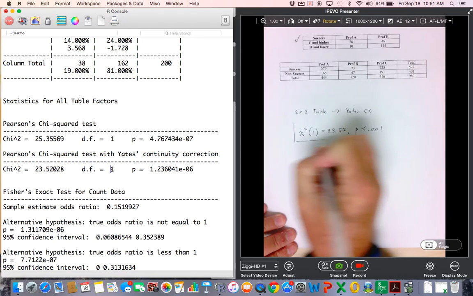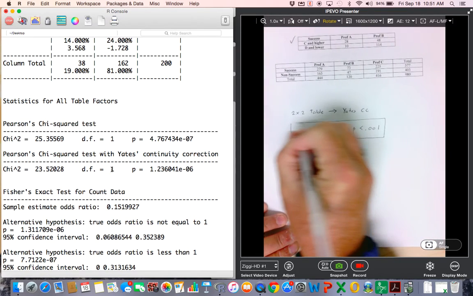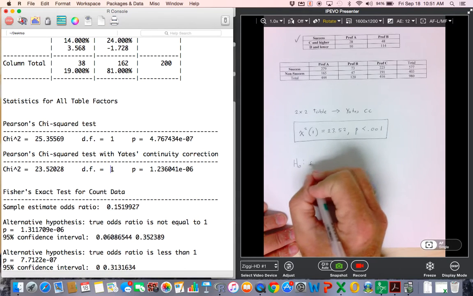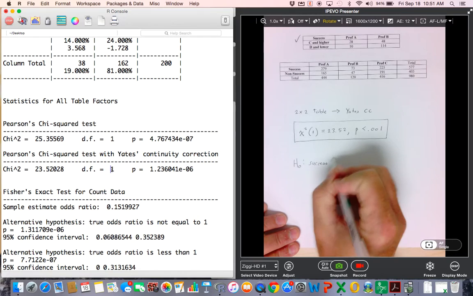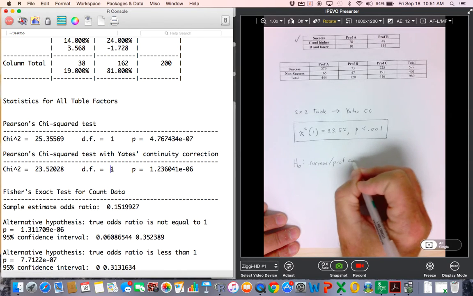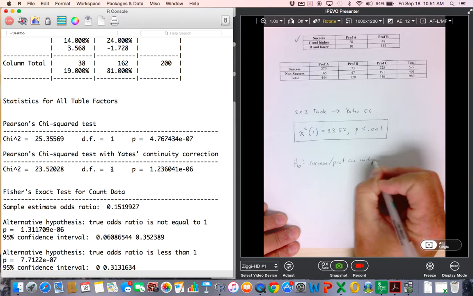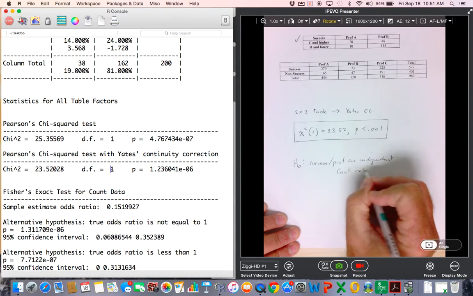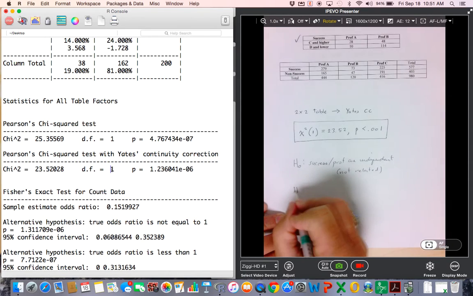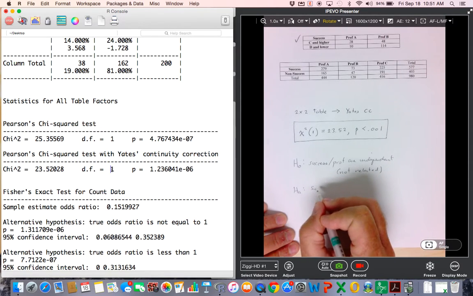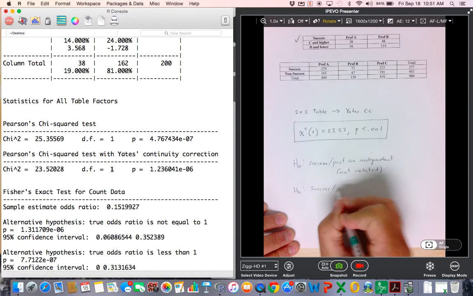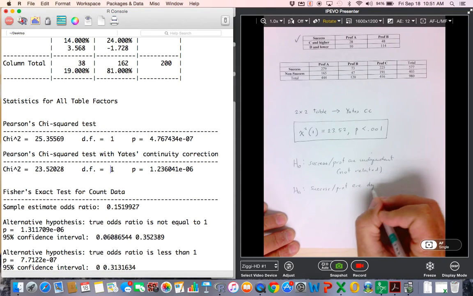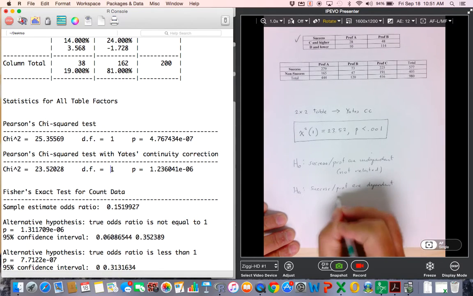Now, guys, I've got this output from our chi-square statistic. So the null hypothesis is that success and professor are independent, in other words, not related, versus the alternative, that success and professor are dependent, in other words,